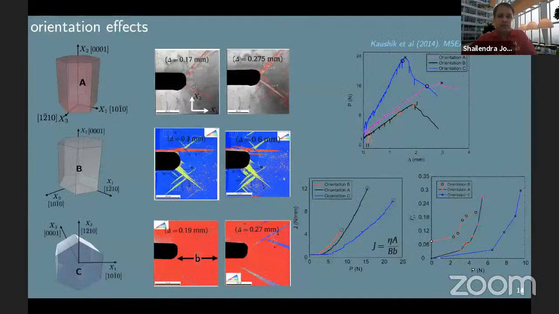But then some of the very interesting and careful experiments that were done by Professor Narasimhan and his group on 3-point bend experiments of single crystals suggested a different story. Indeed, what they found was that if you have really profuse twinning, that can serve as a very potent dissipative mechanism and can give rise to significant toughening of material.